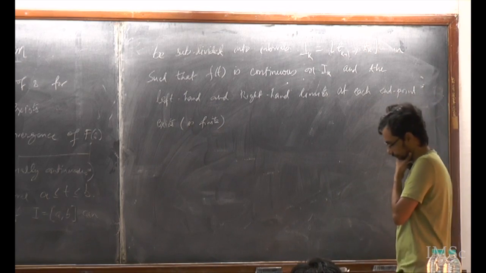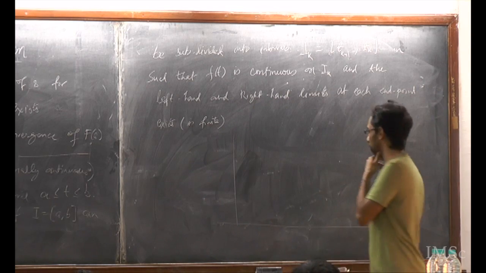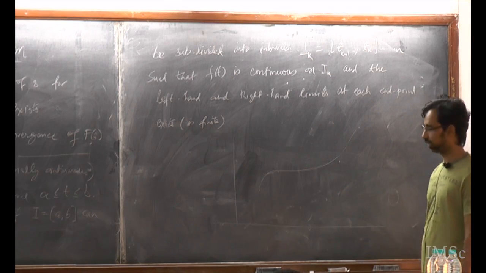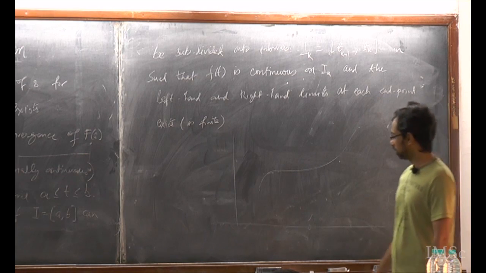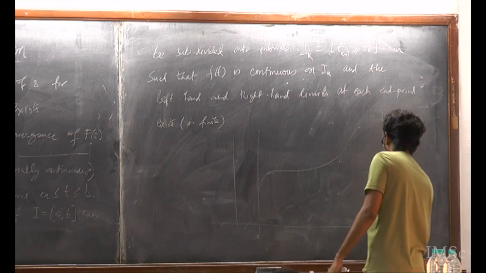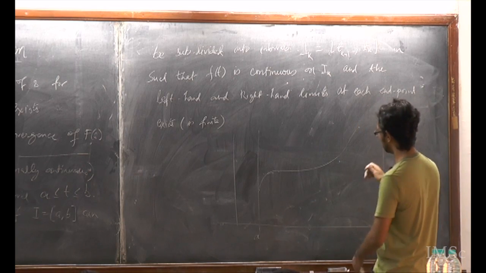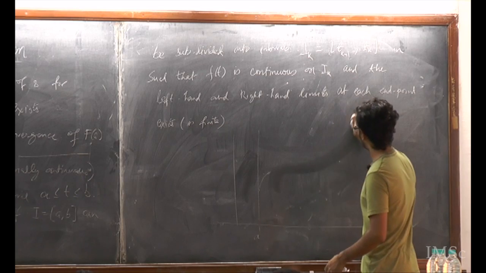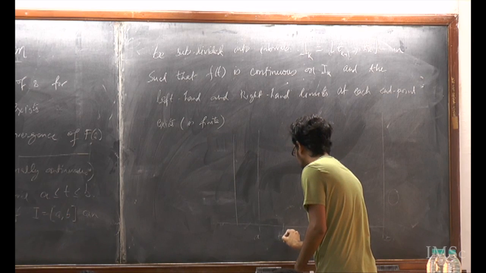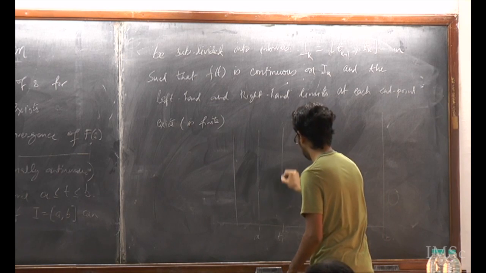So what does this mean? You know intuitively what a continuous function looks like. It's a continuous curve, right? So let's say our interval here is a, here is b, and you want to subdivide this interval into smaller intervals, and our function is no longer continuous on the whole thing. So you have t_1, t_2, t_k.